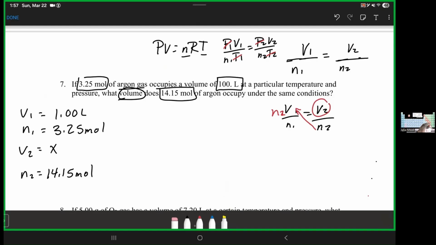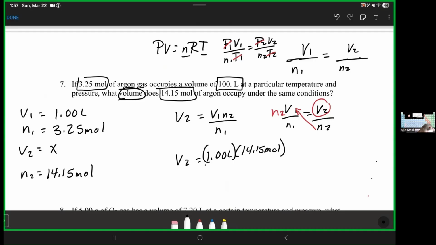Okay, so when I plugged them all in, I had rearranged and got that V2 is equal to V1 N2 over N1. So that's equal to my first volume, times my second moles, divided by my first moles. Moles cancel and you're left with volume. And if you do that math, you get